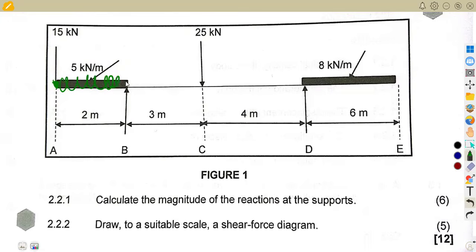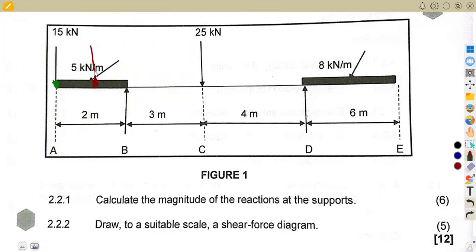Then we have a uniformly distributed load, UDL, which we can take as a point load. 5 kilonewton per meter is effective for 2 meters, so it's 5 kilonewton per meter times 2 meters,